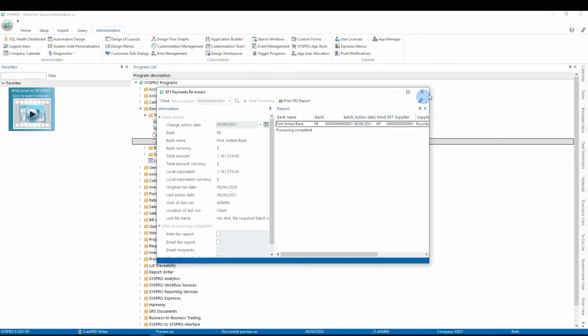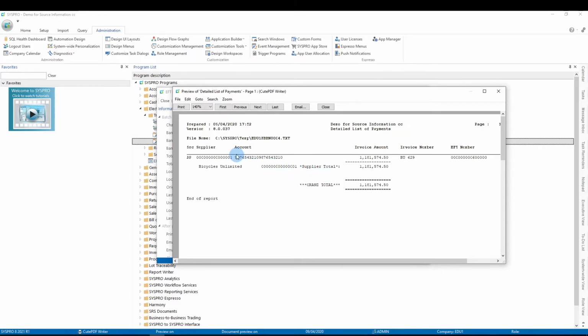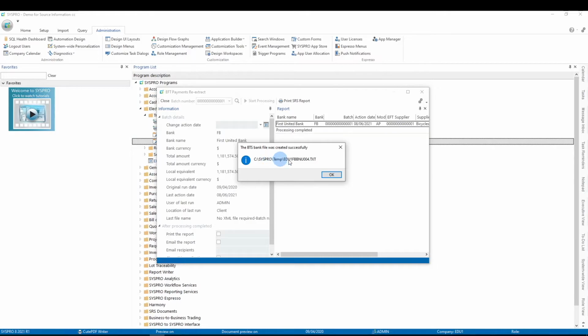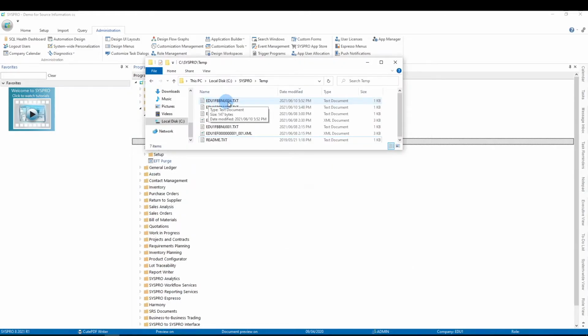When you elect to exit the EFT extract process, the EFT triggers will call the BTS program to create the electronic payment bank file. The BTS payment list report will be produced, after which the BTS bank file will be generated in the bank control XML path, and the path and BTS file name will be displayed to the user. As you can see, the BTS electronic payment bank file is now available to be imported into the financial institution's